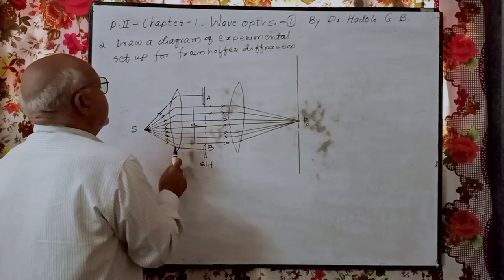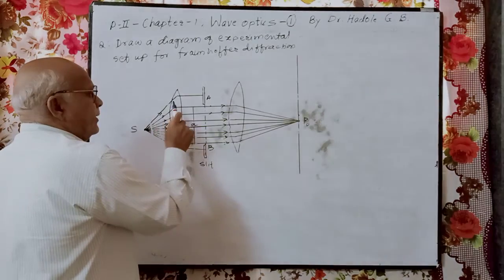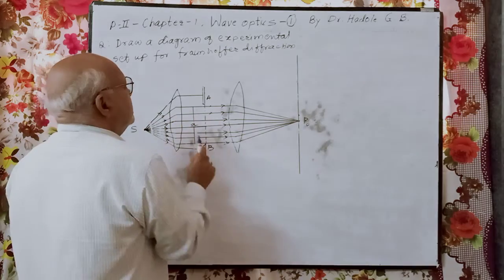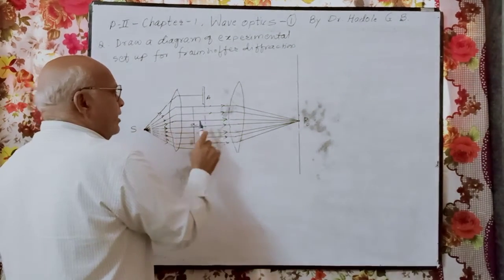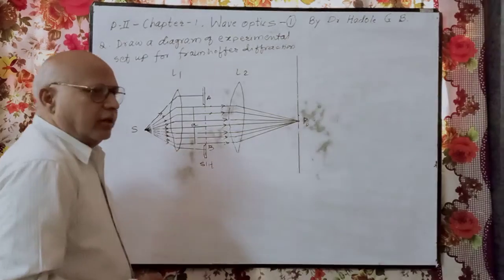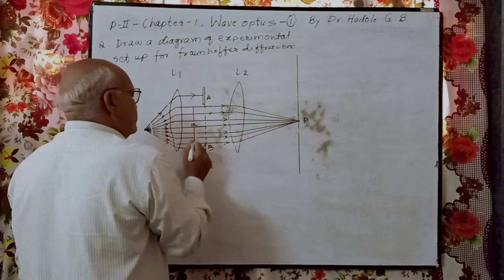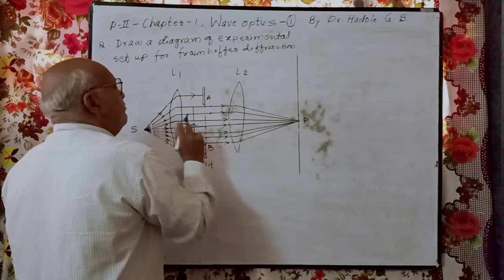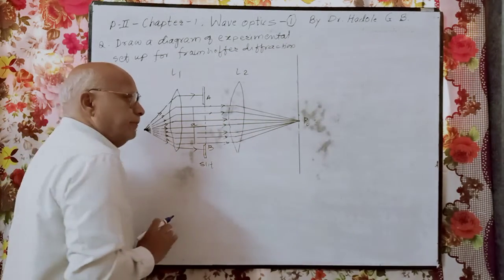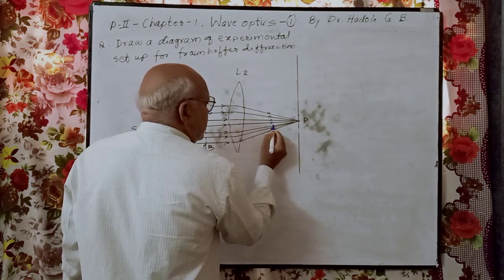See here the steps to draw this diagram. Here one lens is kept. Light from the primary source, or a source of monochromatic light, is falling on it obliquely. These light rays become parallel because of this lens L1. Next, these parallel rays travel further, but what happens? There is a slit of width a, and when light travels through this slit, it gets converged at a single point